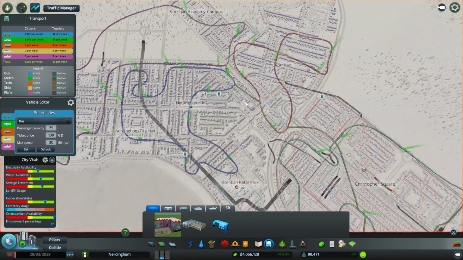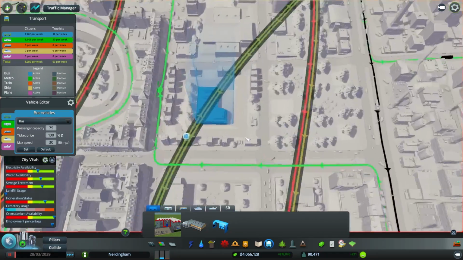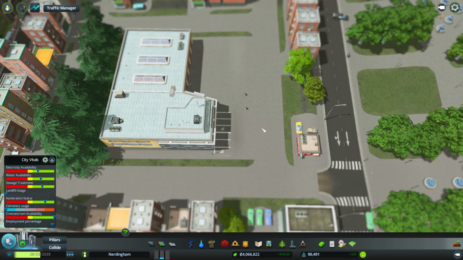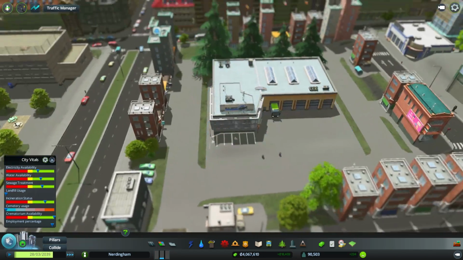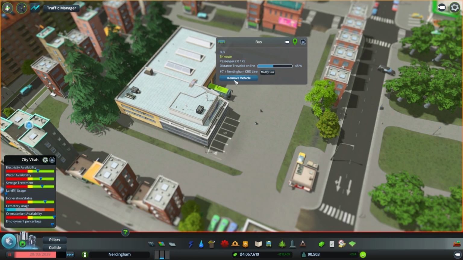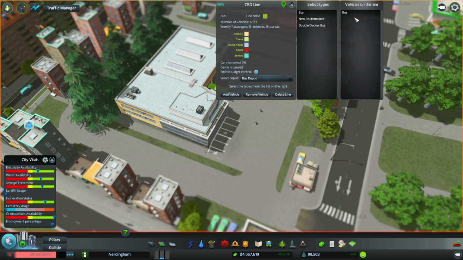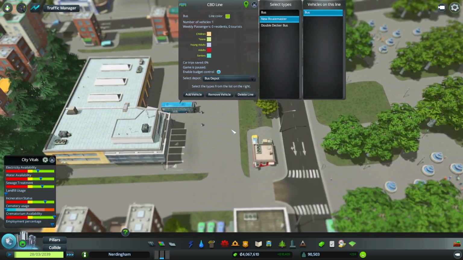Where is the bus depot? There it is. So the green buses, sorry, coming out. Where are they? Oh, there they are. Okay, let's remove... No. CBD line. Okay. And then the bus depot it's going to use is the bus depot. Remove that vehicle. And then I want this to be Route Masters. Add vehicle. We'll see if it's...